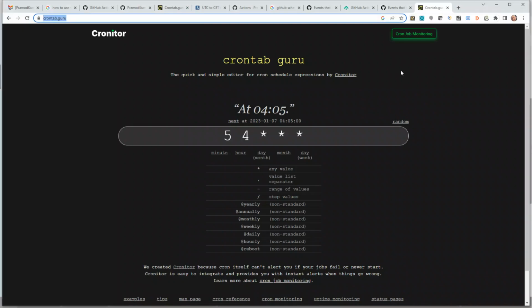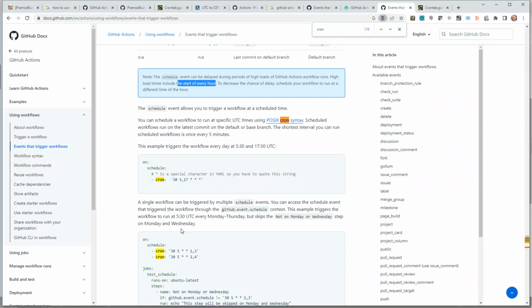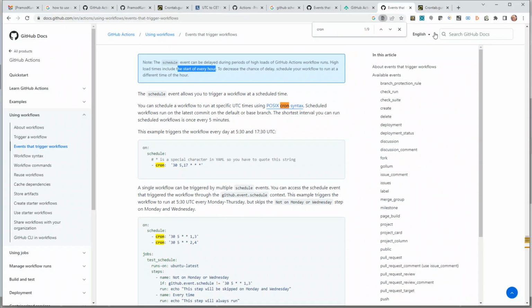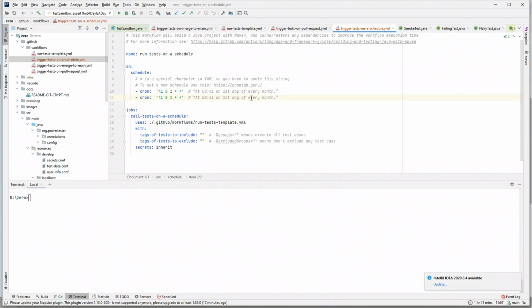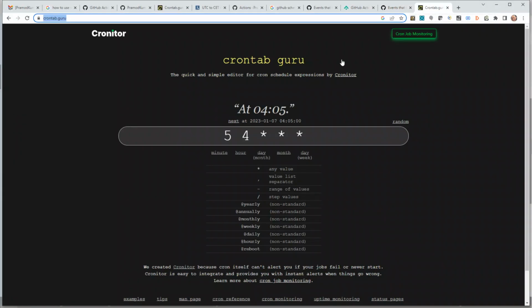And what else? Like I said, if you want to add multiple, you can also add multiple cron jobs like what is given here. So if I go back, and let's say you want to run this not only on first of every month, but let's say we want to run it on every Monday, maybe at the same time, right? So what you can do is you can go back and go to crontab, and now we want to run it every